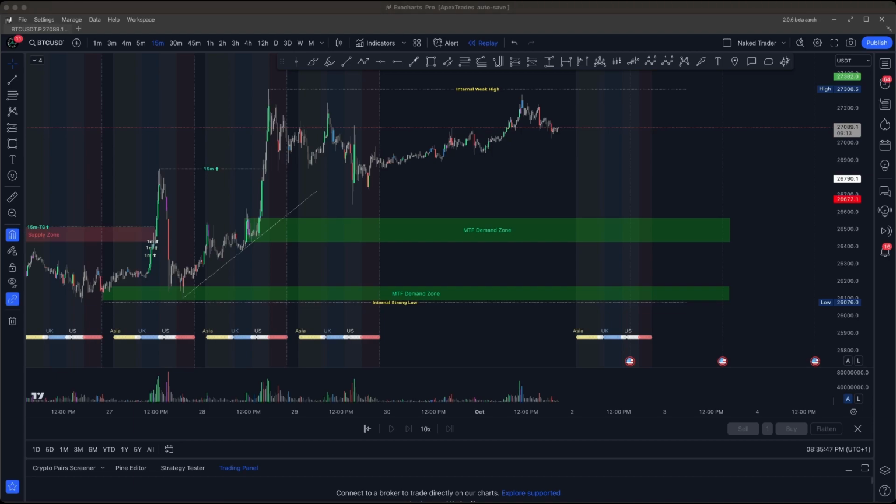Some weeks we get really nice, easy to play activity. That was a difficult week, but we always stick to the plan. Have a risk appetite in mind. Stick to that risk appetite. Don't change that risk appetite. Stick with your plan. Stick with the rules.